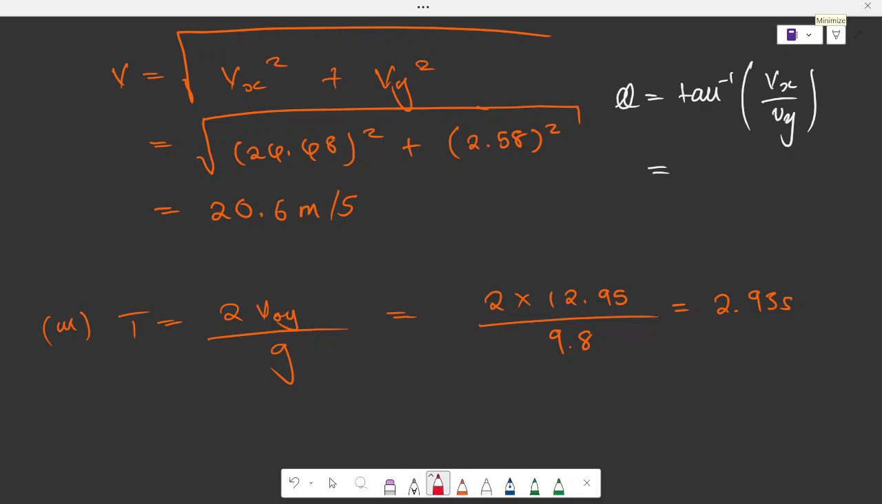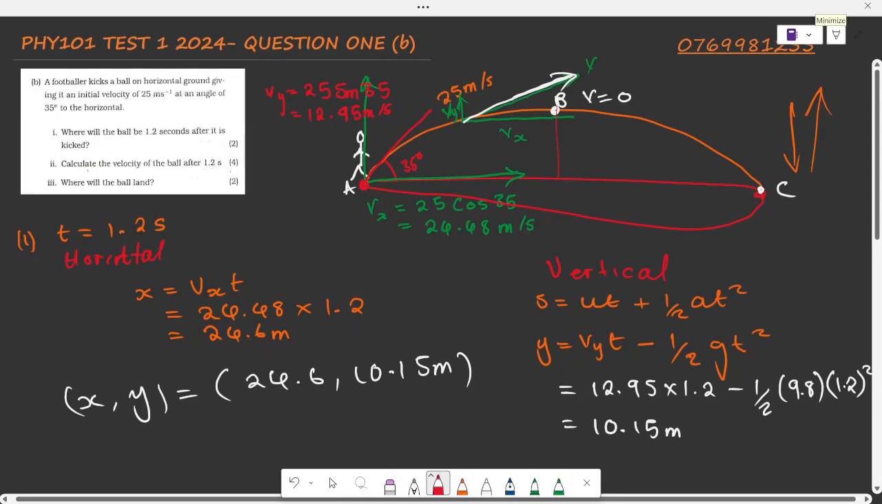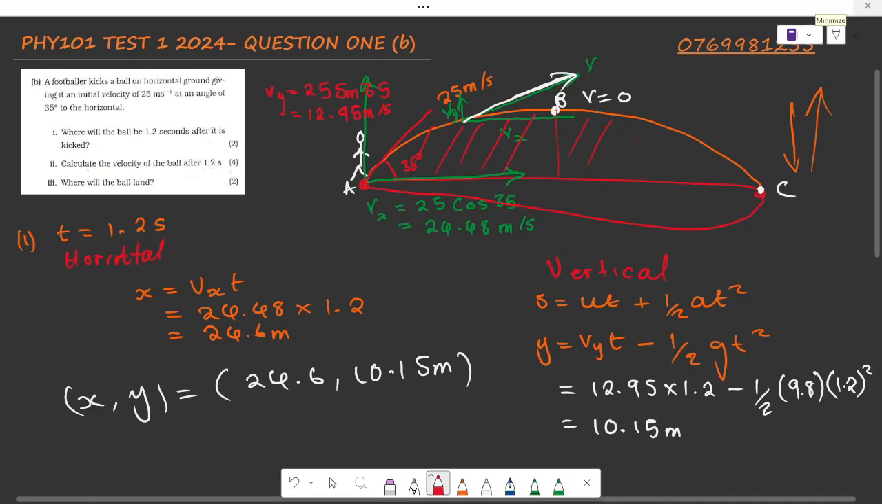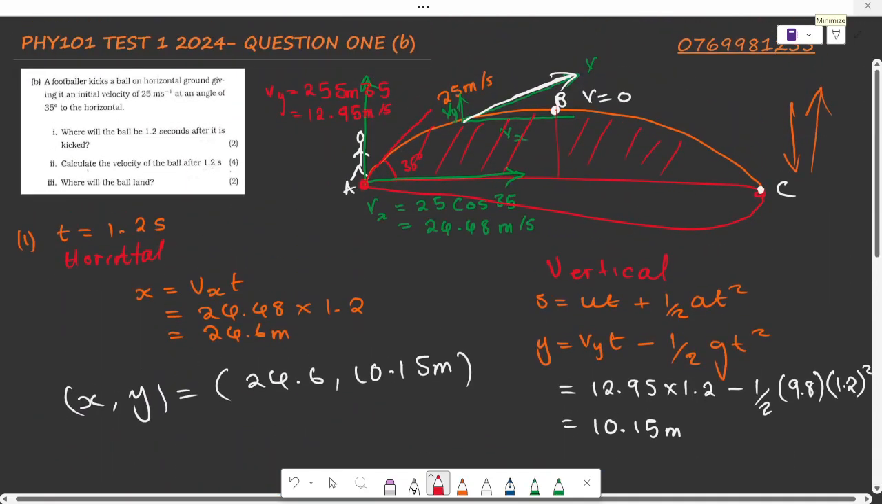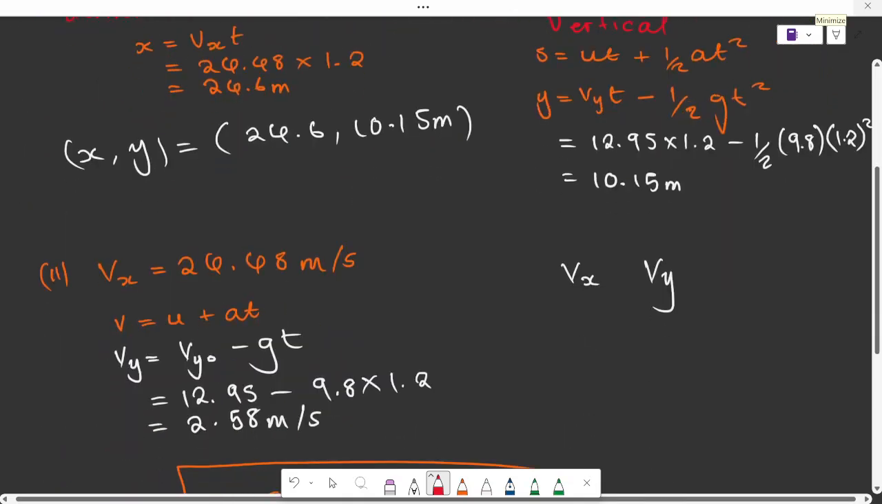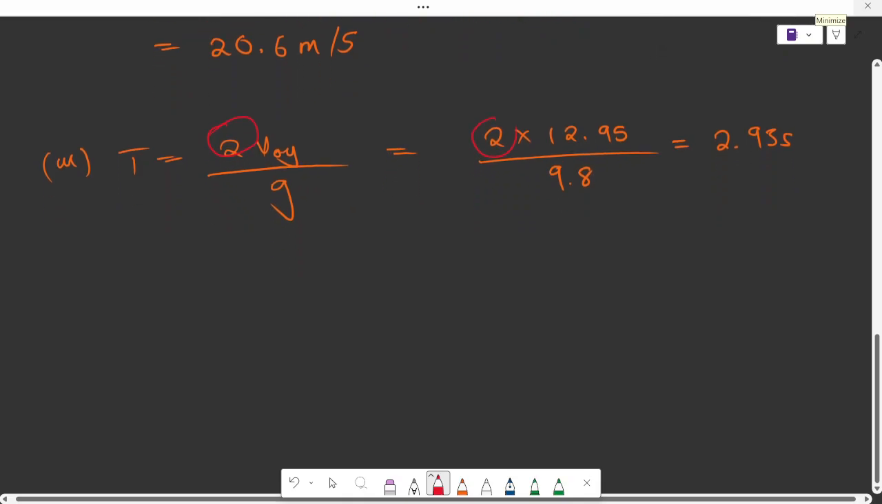Remember, the reason why I've put this 2 here is because the time of flight taken for this part is just equal to the time for this part. So essentially, when we don't put a 2 here, we are just finding the time taken for one part, for example, from A to B or from B to C. So if we put a 2, we find the total time of flight, and our total time of flight we have calculated to be